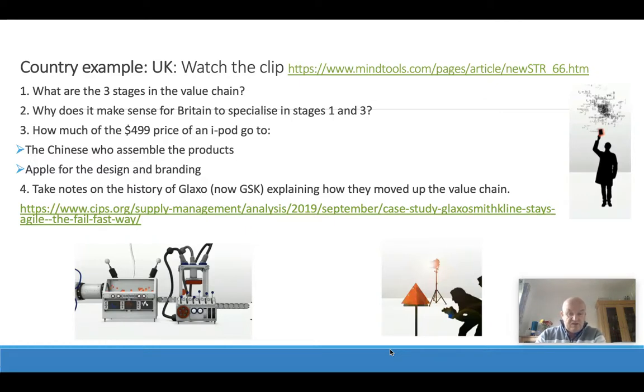issues. Okay, so first things first then, something about the value chain and the 3 stages of the value chain. There's a link to Mind Tools, which explains the principle of the value chain and value analysis, which is something that Michael Porter came up with as a concept. Also consider the way that Glaxo has moved its business up the value chain, concentrating much more on innovation and strategic positioning rather than just producing chemicals, etc. So that gives you some ammo to go away and take a look at and see how a more